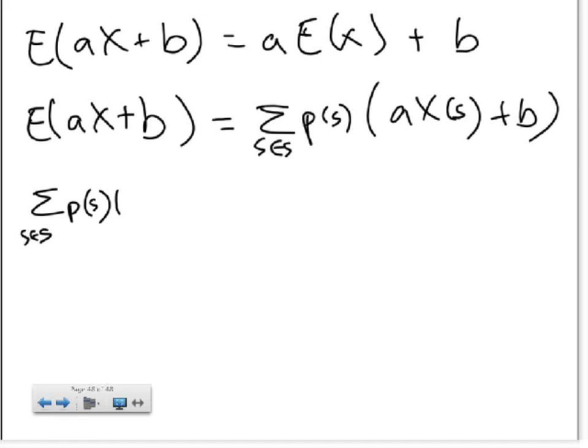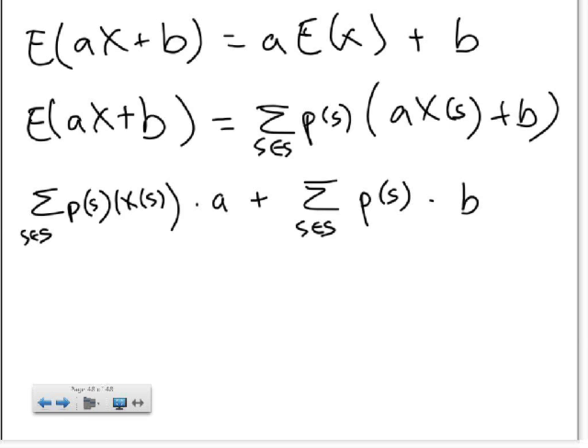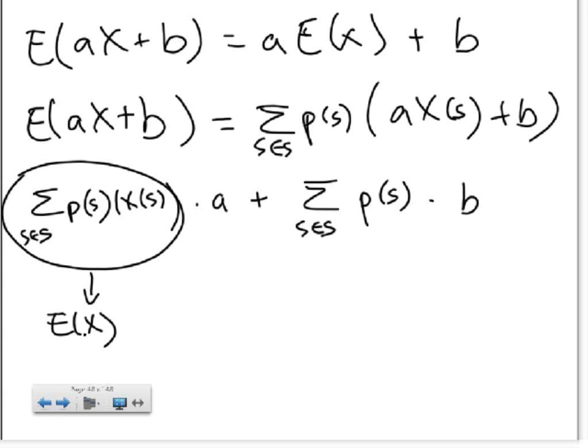of the probability times x times a plus the sum of the probability times b. So this gives us expected value of x, and it tags along with a. So expected value of x times a plus